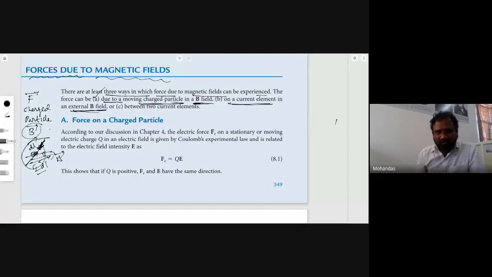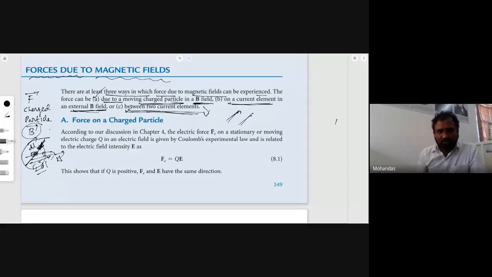And the third force is the force between two current elements. Here, not a single conductor, we are taking two conductors. This is the situation present on the armature. If you take an armature, the conductors are placed in the armature slots, two conductors placed parallel. How the force is experienced in those conductors and how the torque will be produced on a rotor can be learned from this force only. So mainly there are three forces.